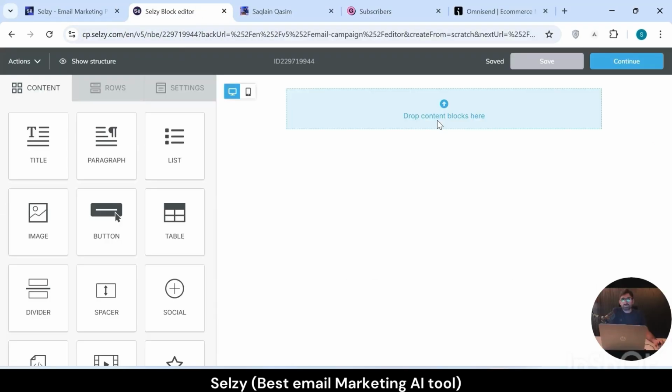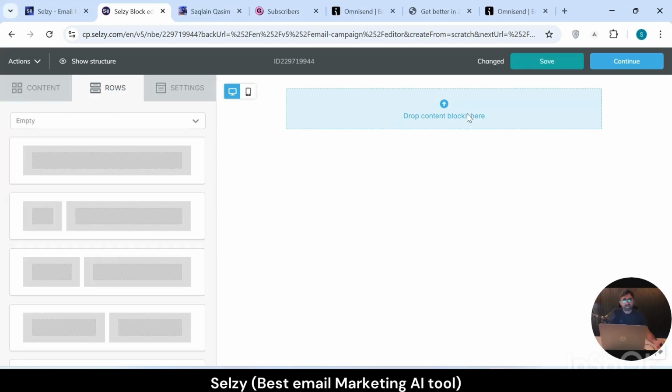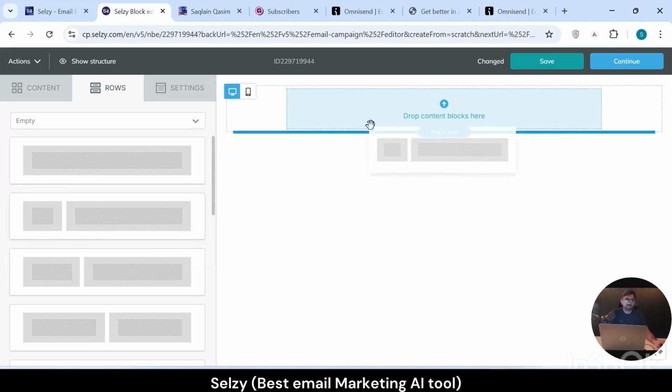Now on top of that, we will add a block, because in this block section, we will be able to add a title, paragraph, list, table, button, image, or anything we want to add. First, we will have to add a block. So this is the block which is already added by default. If you want to add another block, you can simply click here